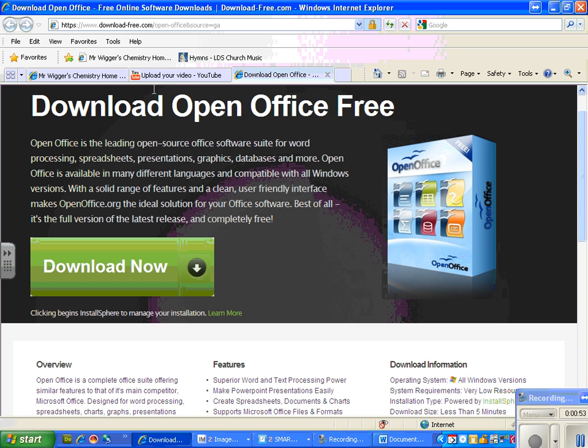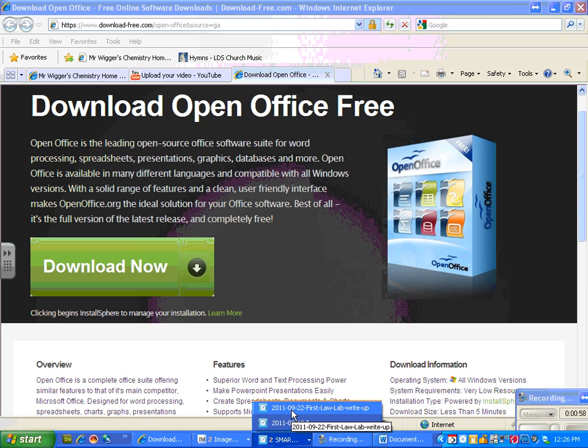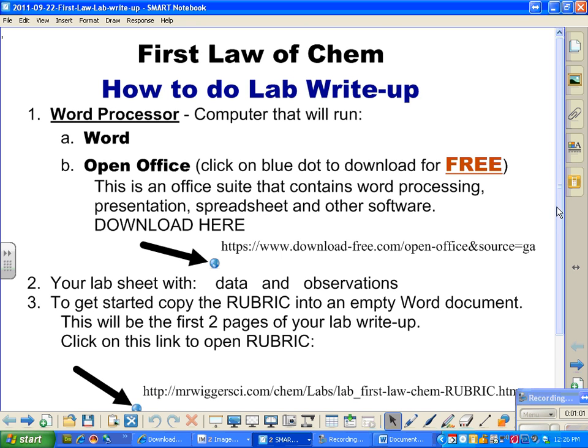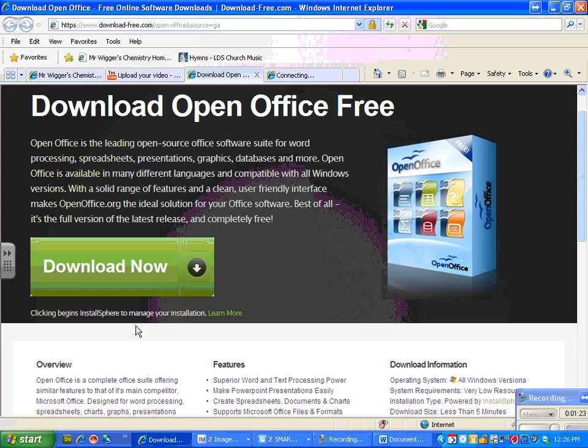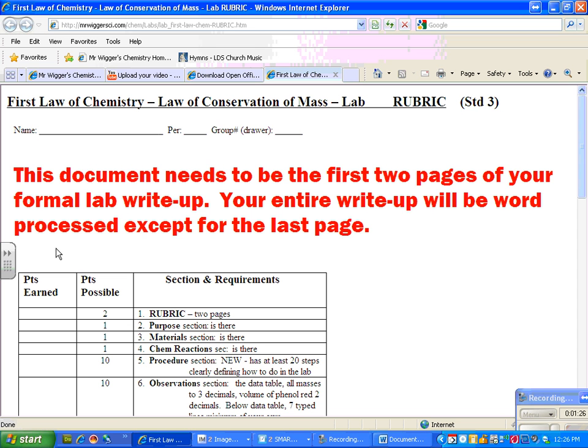Now, the next thing you want to do is go to the second step on this little tutorial and go to the get your lab sheet. Step number 2 is getting your lab sheet with all the data and observations that you have done during the lab. To get started, I'd like you to copy the rubric into an empty Word document as your first 2 pages. So you can just click right here to get that,